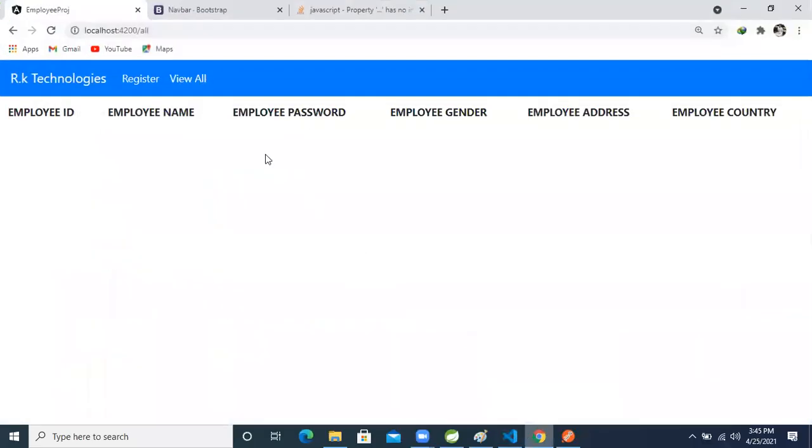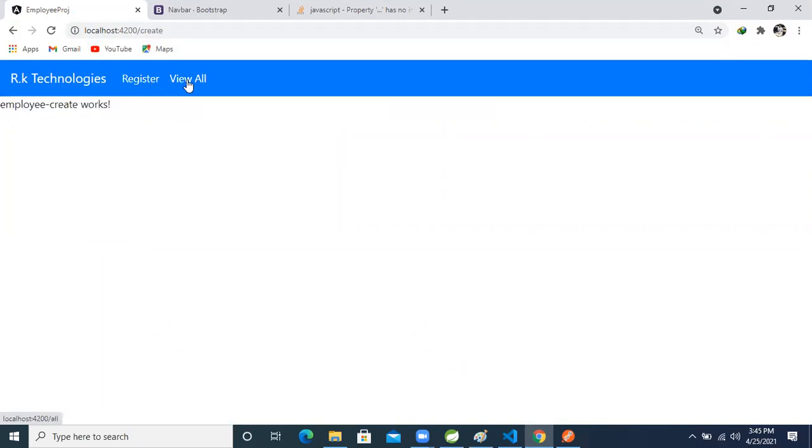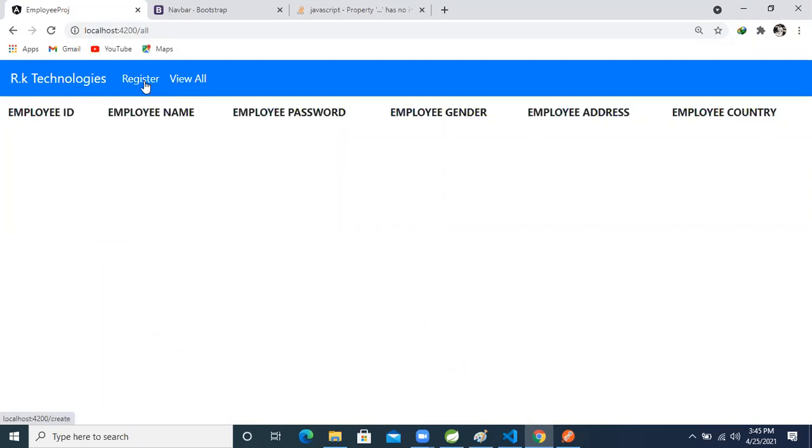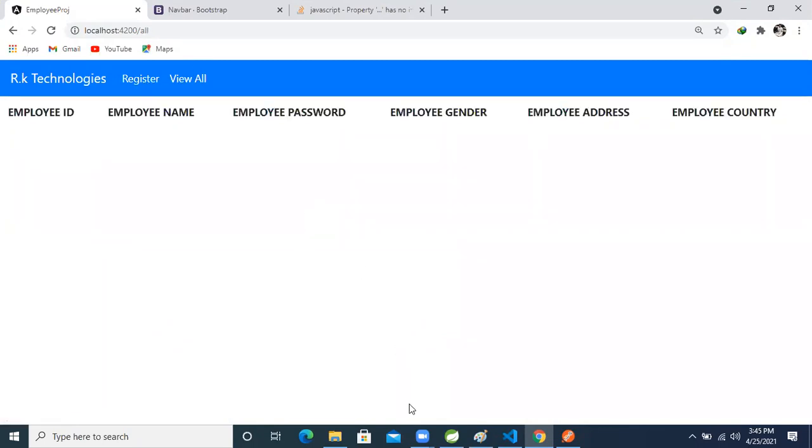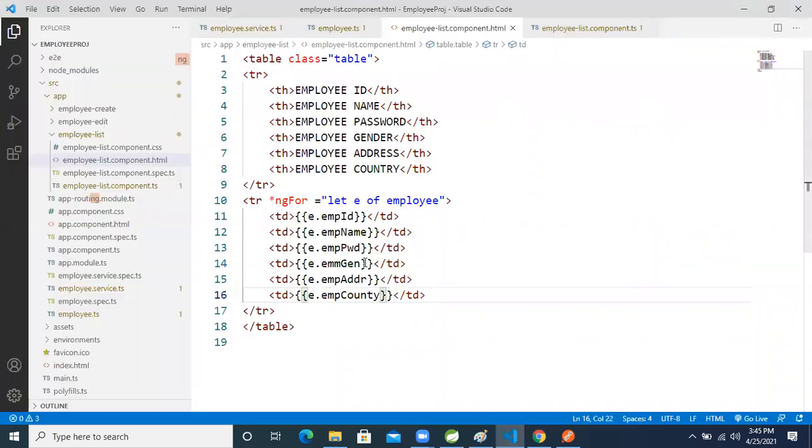Okay, so again come to our browser, just refresh it. I think we have a problem in components, sir, not in our backend service. In which component?